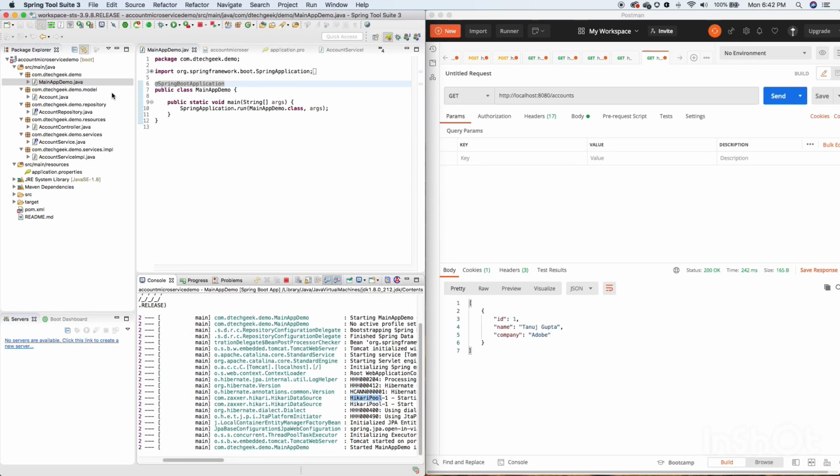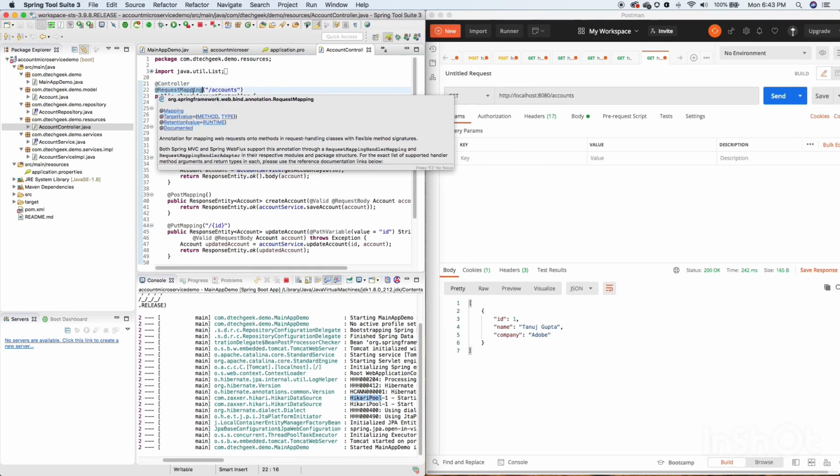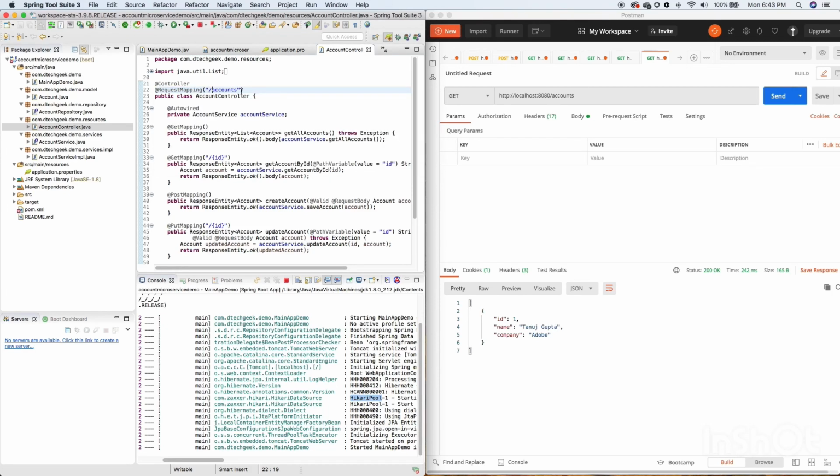Now let's talk about the controller first. As I said, as soon as any request comes in, it falls onto the controller. That's where I have annotated the file with @Controller. Then you just need to define the overall level mapping, that is /account. To test all these APIs, either you can download the Postman client onto your system, or you can install any kind of REST plugin for your browser like Chrome or Firefox.